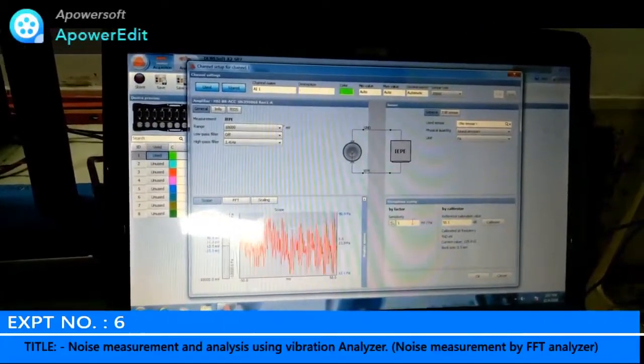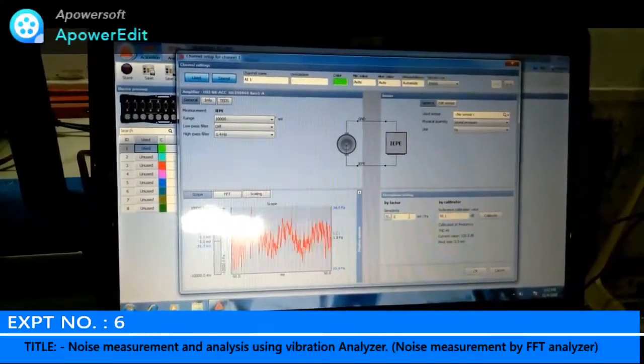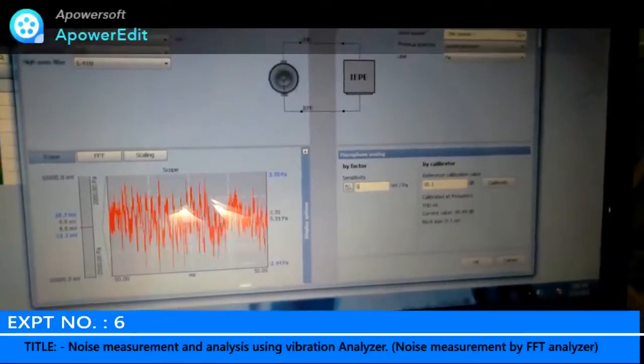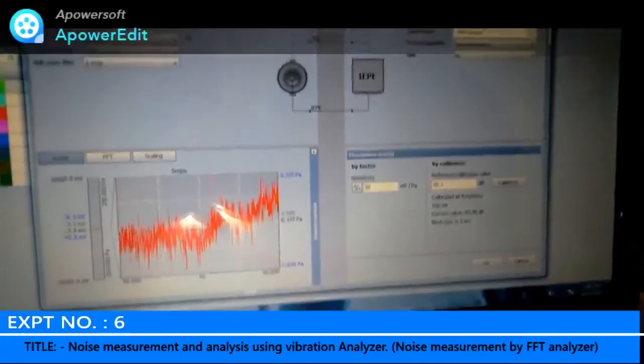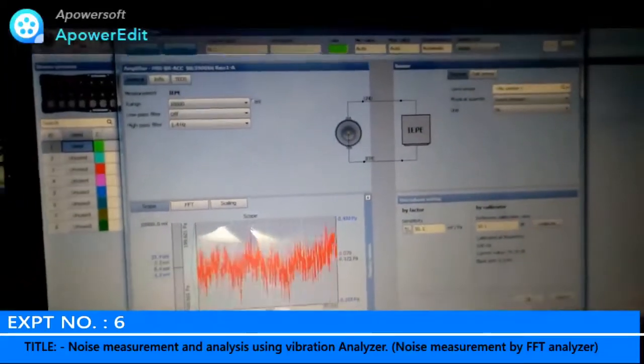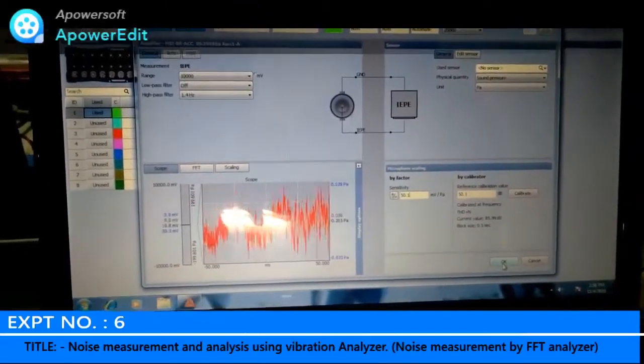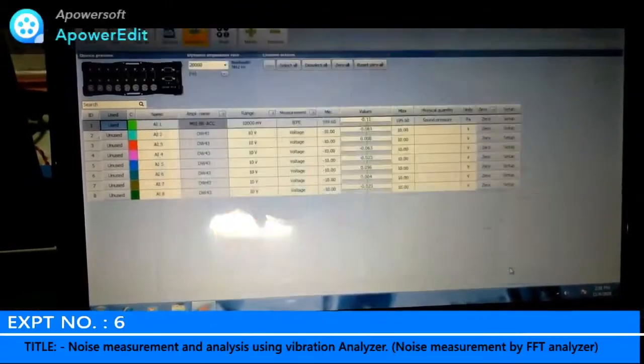Then, as the value of sensitivity, we are going to put 50.1, which is the standard value.